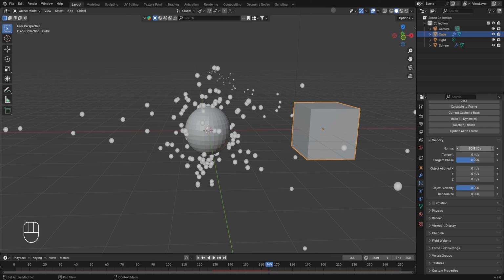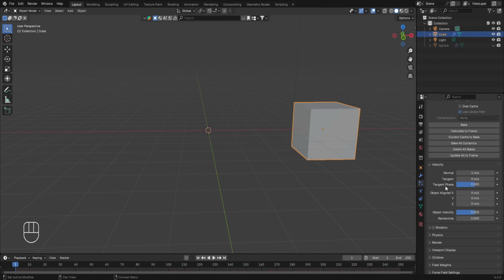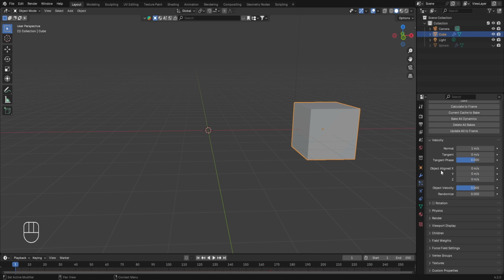Now I'll change the normal value back to 1 meter per second. Let's also take the pointer back to frame number 1. Let's also hide this UV sphere from the scene, so I'll select it and press H to hide. Now with the cube object selected, the next important setting that we have here is the object align, and this